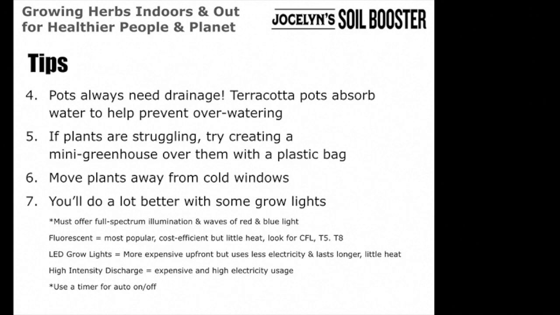However, if you are looking at a high intensity discharge light, which chances are you're not, they're more expensive, and you do want to take a look at how much heat they may be creating. Ultimately, your best bet when it comes to light is to also buy a power bar that has an auto on-off timer. And that's going to really simplify your life. It's going to ensure those lights are not on 24/7, reduce your electricity usage, and really make it hassle-free to ensure that your plants, or in this case, your herbs, are receiving all the light to perform photosynthesis that they require.